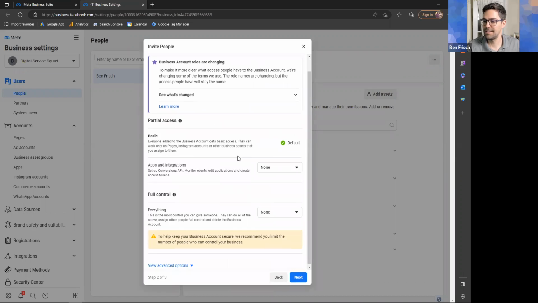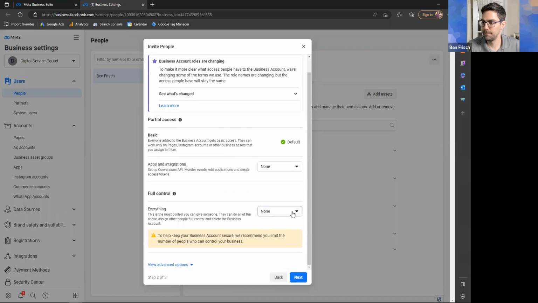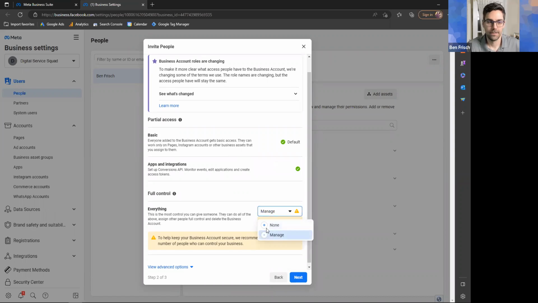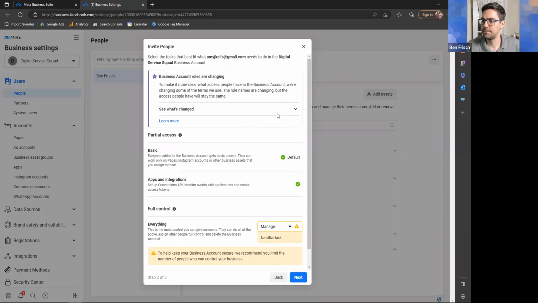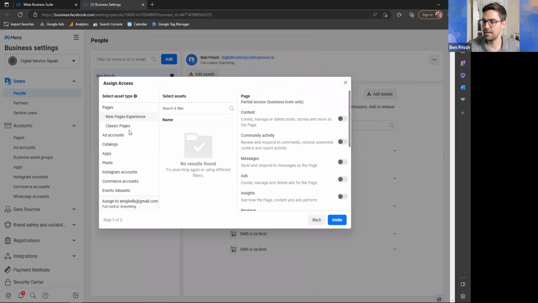Here's where we can set up their access. Right, got to the business settings. I might have to back up a minute there. Let me see. So essentially, yeah, we want to add selected assets. I want to go